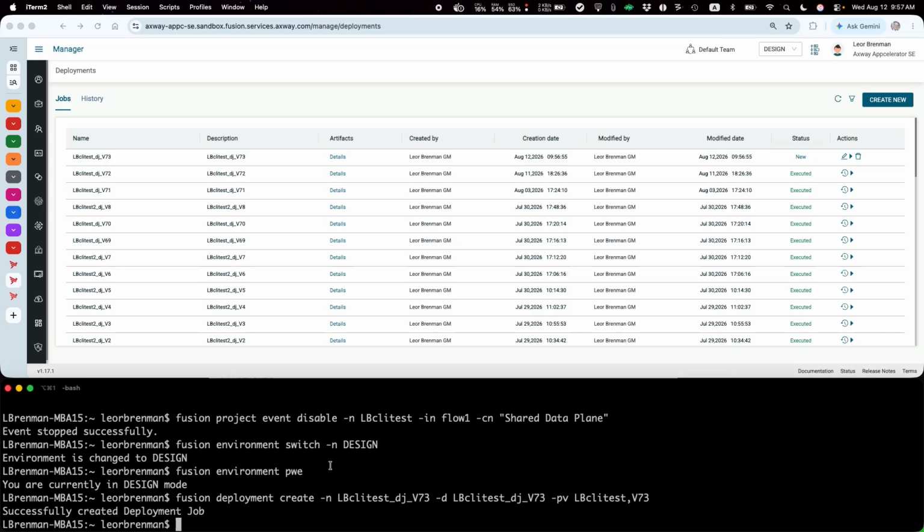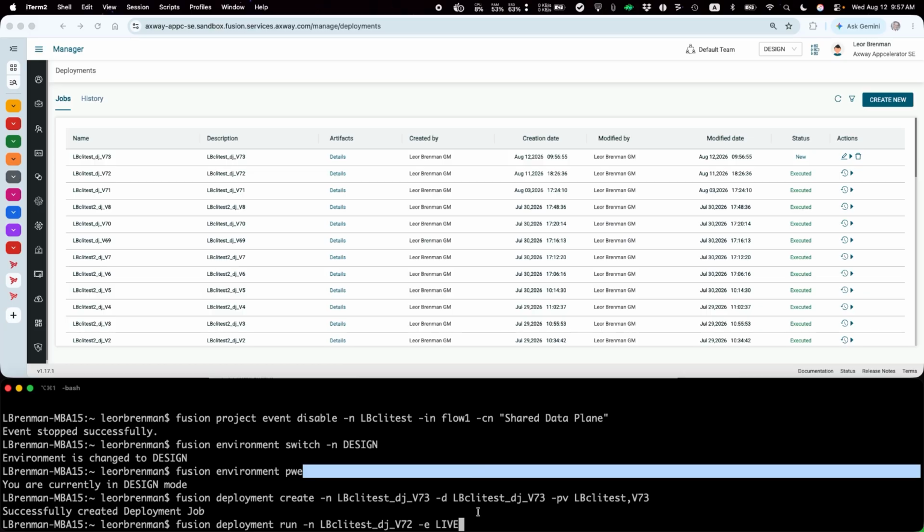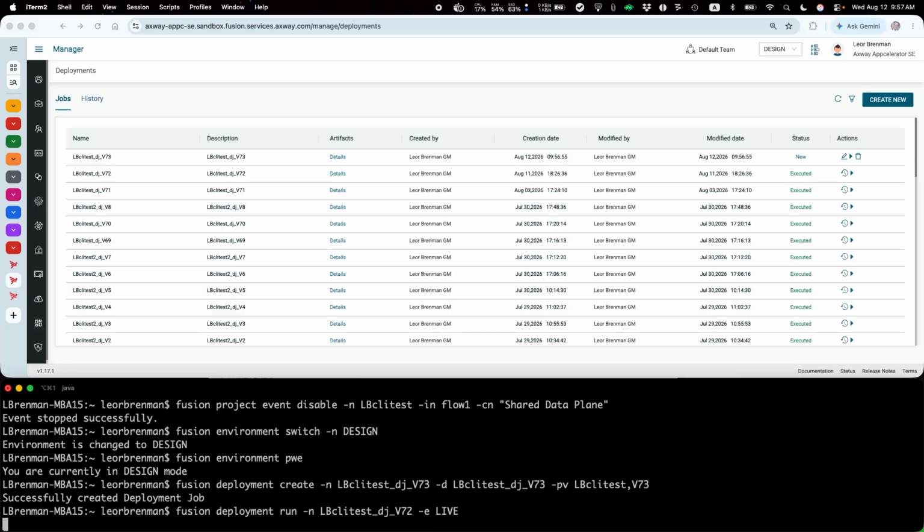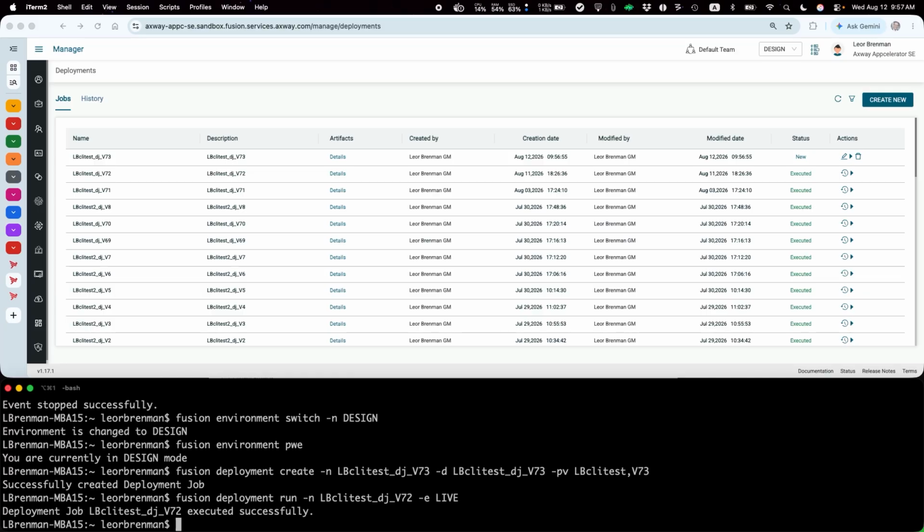So I do a Fusion deployment run. I give the deployment job name and I tell it where I want to run it. I want to run it into live. Normally you'd go to check and then later you'd run again to live, but I'm just showing it being moved into a higher environment. All right, now if I refresh the screen,